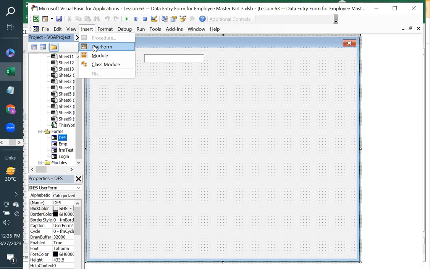The new form comes, and then when the new form comes, you click on the new form, and then you change the name to an appropriate name. So we gave it DES. That's it. And one thing extra we have done is that all our forms